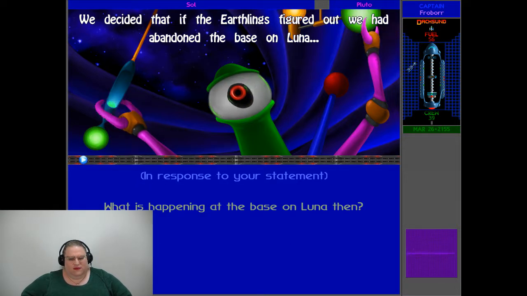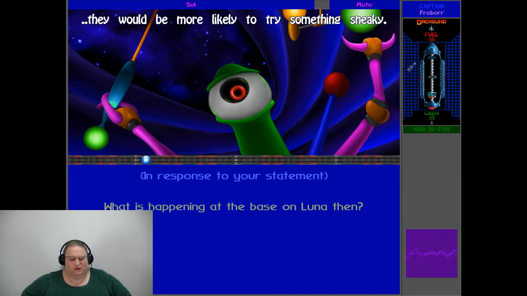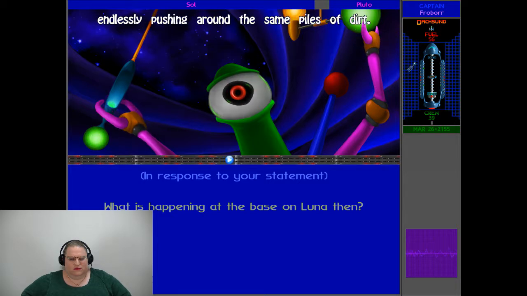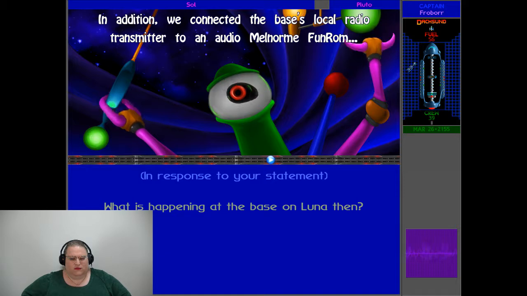We decided that if the Earthlings figured out we had abandoned the base on Luna, they would be more likely to try something insane. So, we rigged up some old service androids and ordered them to drive around on the lunar surface in bulldozers, endlessly pushing around the same piles of dirt. In addition, we connected the base's local radio transmitter to an audio program called...